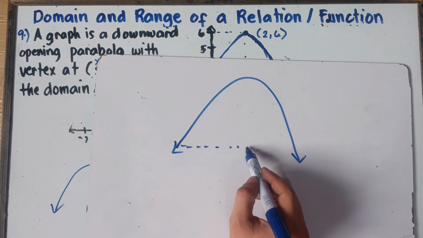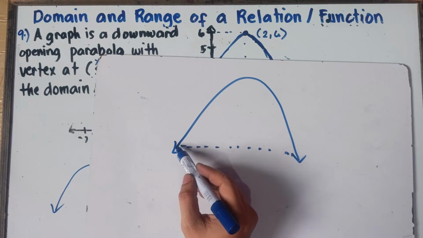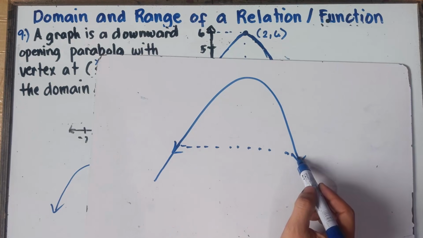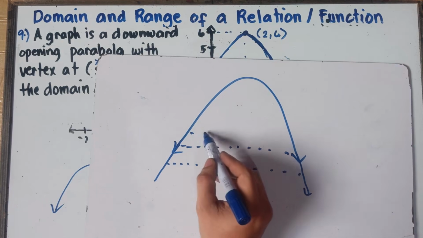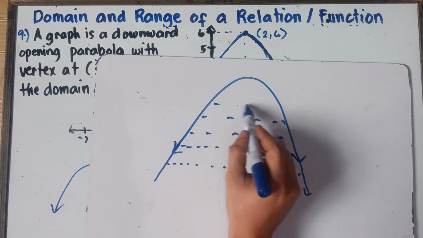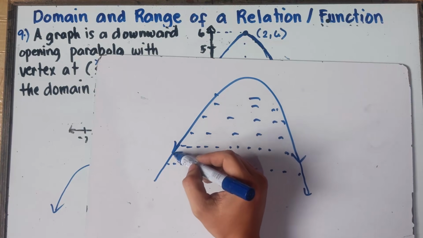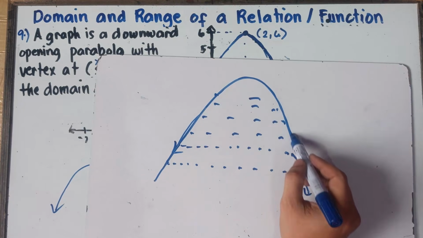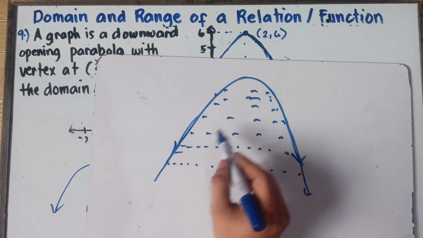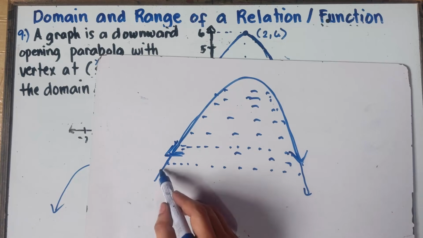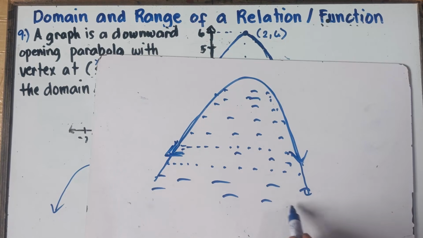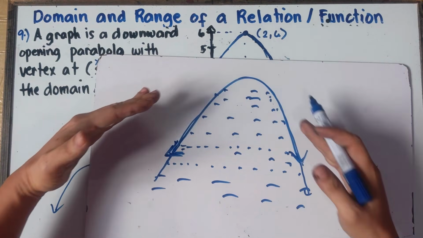This one right here is the horizontal distance. Since we have an arrow, class, our domain will be extending. All of the numbers will be included. With regards to this graph, the core path is included. So all of the numbers will be included since we have an arrow, so it will extend infinitely.